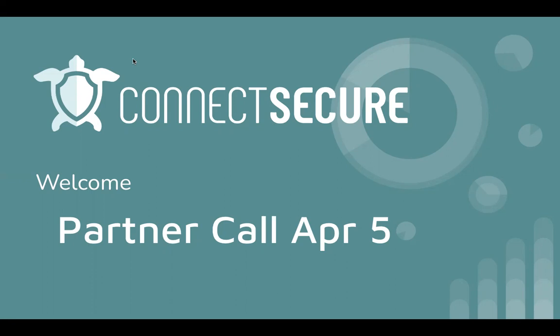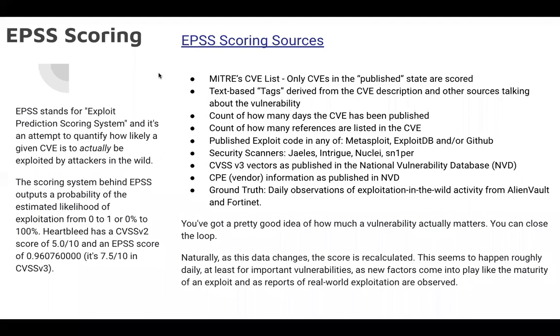Okay. So the first thing that I want to talk about today is something a lot of you know. Andrew has been part of what we are doing in terms of visualizing what we should do next. And one of the things he mentioned a couple of weeks back is that as we move forward, EPSS scoring becomes very important for us in terms of prioritizing and showing these scores in different places, etc. Because the erstwhile CVSS score is not helping everyone create a prioritized list and